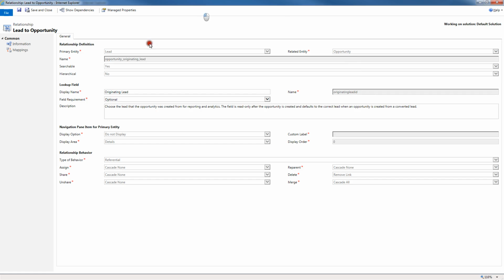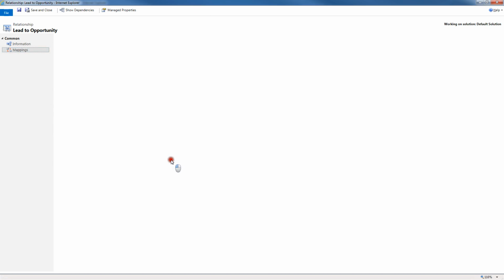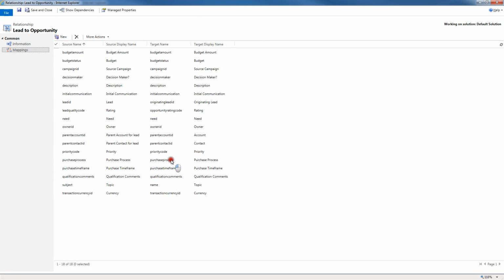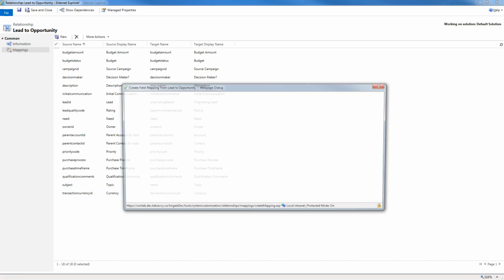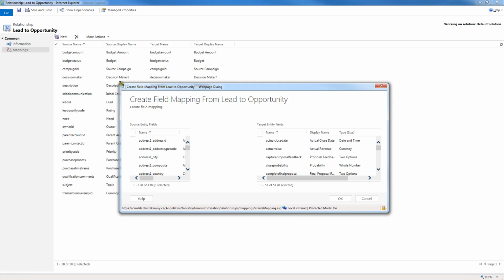So if I open this one up, you will notice under mappings there are a lot of fields, and some of which we saw in the example earlier, and these are the fields that got copied over from lead to opportunity. So for example, we had the topic that got copied over from lead to opportunity when we pressed on the qualify button. So we have to do a similar thing. So what we're going to do is click on new. Just give it a bit of time,